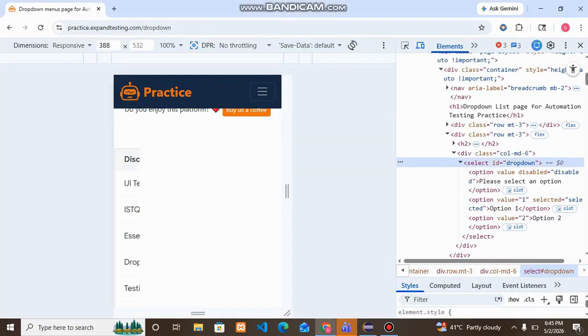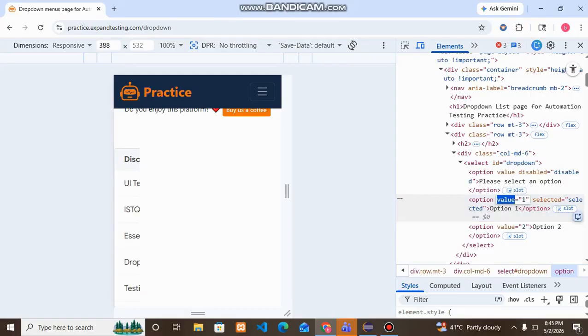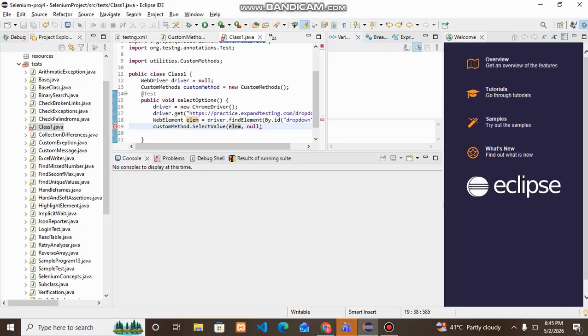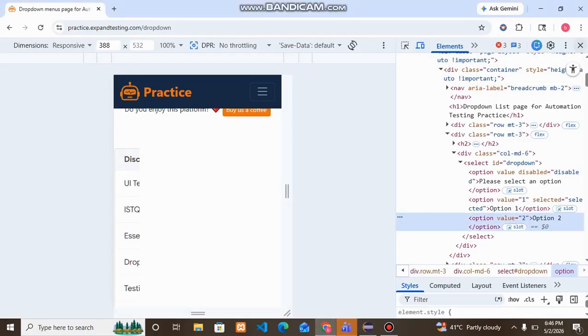As we see, the option values for this are 1 and 2. So we are using select by value with these values. I am specifying 1, and let us try